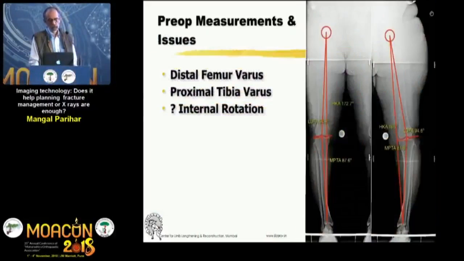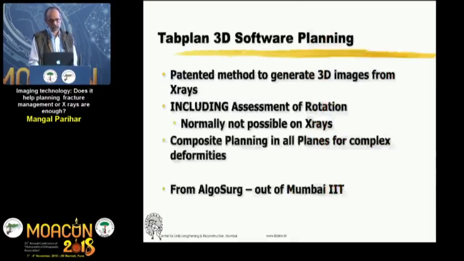Movements were normal. So when you measure this, as per the deformity correction principles, she has a varus in the femur and she has a varus in the tibia also. And clinically, as you noticed, there is a question of internal rotation. So we are now using a software which is kind of in development from a group of Mumbai IIT boys,